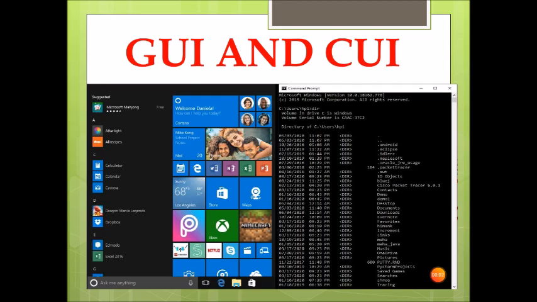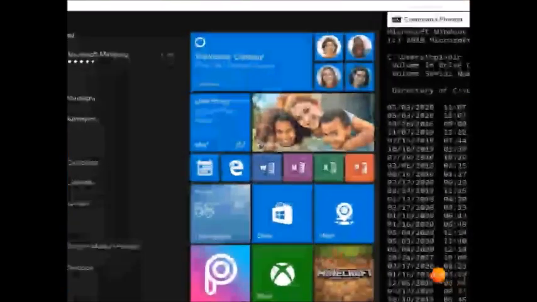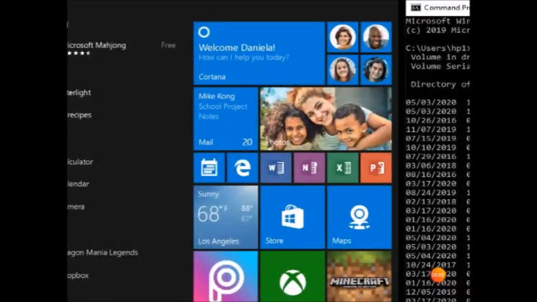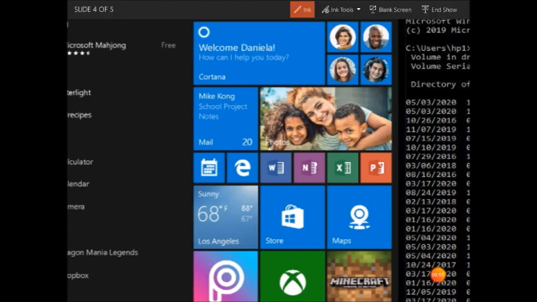So, you can see here, there is an image. It is an image of Windows and Windows is GUI based. That's why there are many icons and commands present in graphical form. You can see the icons of Internet Explorer, Google Map, MS Excel, PowerPoint, Store.